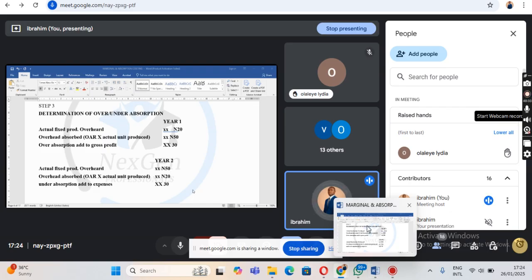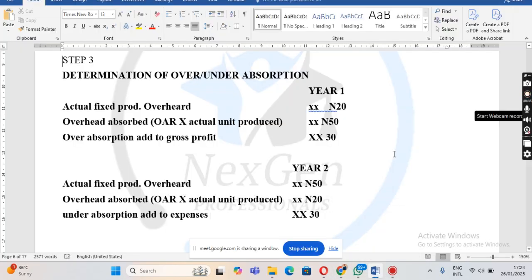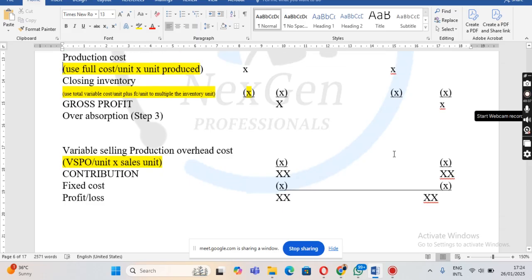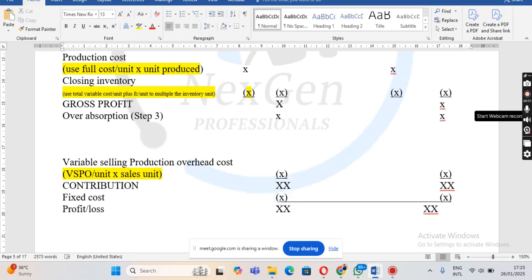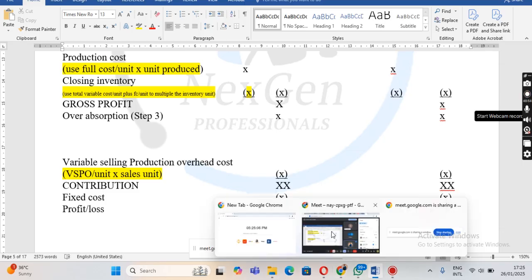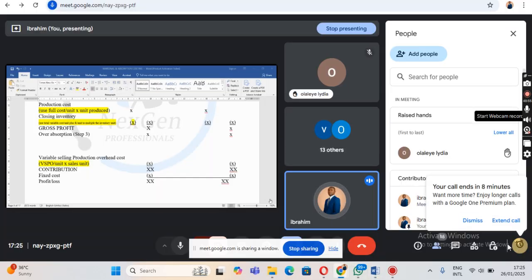So, if that is established, class, we quickly move here. If you have over absorption for the 2 years, you add it here, right? So then, let me quickly create another link so that we can continue from here. But before that,